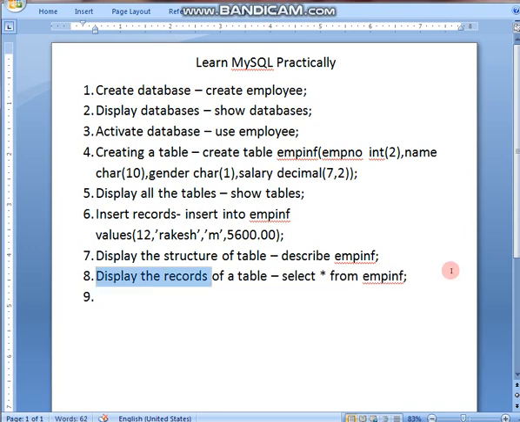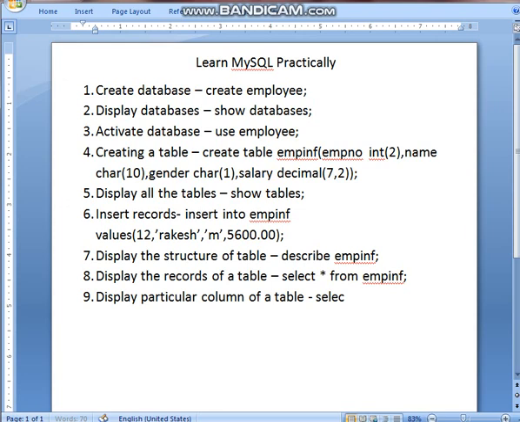Suppose the command is: display particular columns of a table. I don't want to use the star sign, I don't want to display all the columns, I want to see only a few columns.